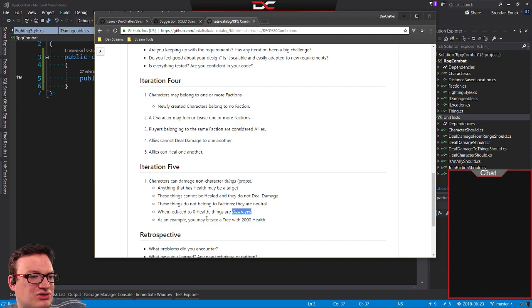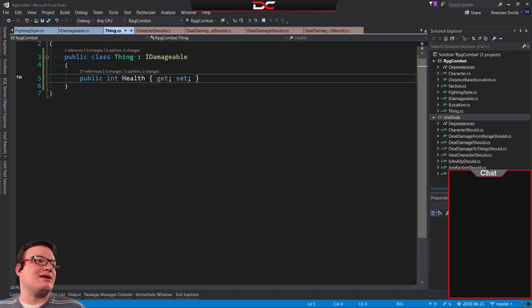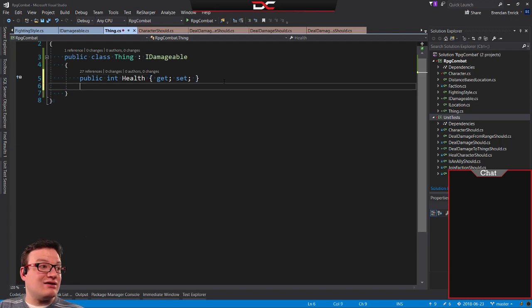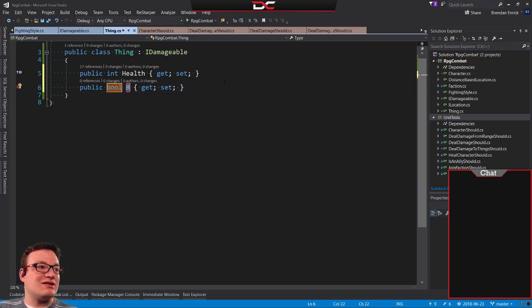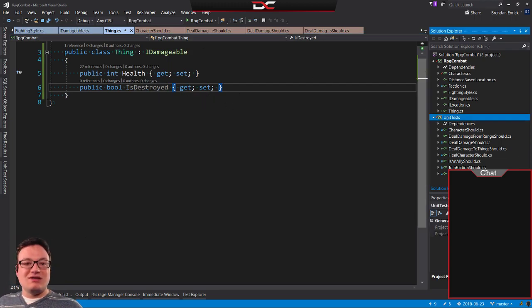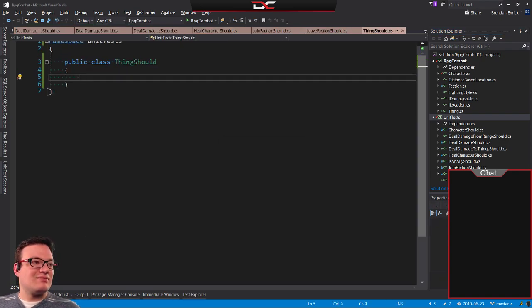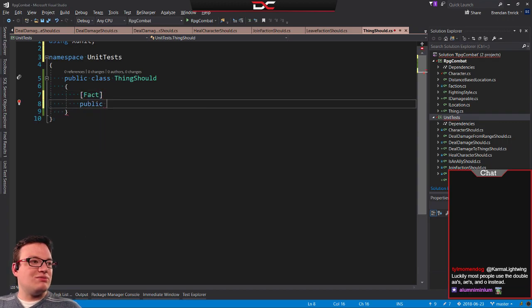As an example, you may create a tree with 2,000 health. Okay, so let's take a look at that. So, thing is going to get a prop, and we're going to call it a bool, and say is destroyed. So let's go make our thing should class. This is going to be based on starting conditions, like our character should, thing should. And I am going to make this test work the same way as that one. So public void